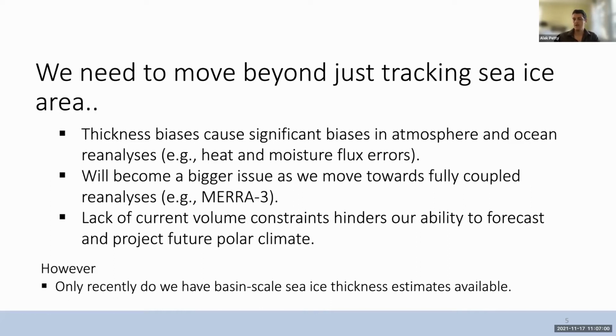of polar regions in climate models and the next generation NASA reanalysis system, which will be Mirror 3. And so part of that is thinking about how we can better represent sea ice within reanalysis systems, especially as we move towards fully coupled systems. Some of the work we've done recently has demonstrated clear biases in things like atmosphere energy fluxes of heat and moisture, which we really think a lot of that is due to the fact sea ice isn't fully represented in